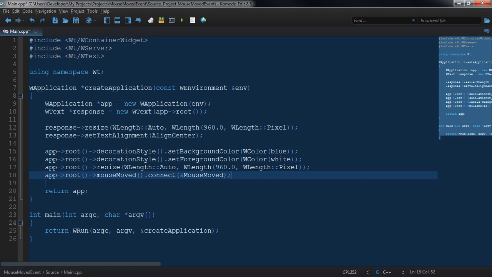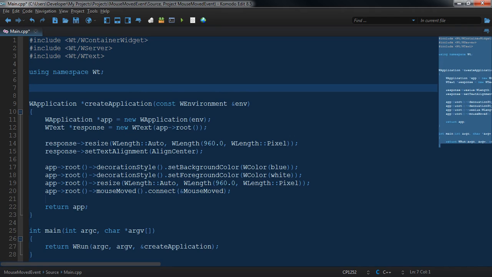And that's pretty much it for the actual application, at least for the meat of it. Now we just need to create our slot, or our method or our function that we're going to use. So we have void MouseMoved const,